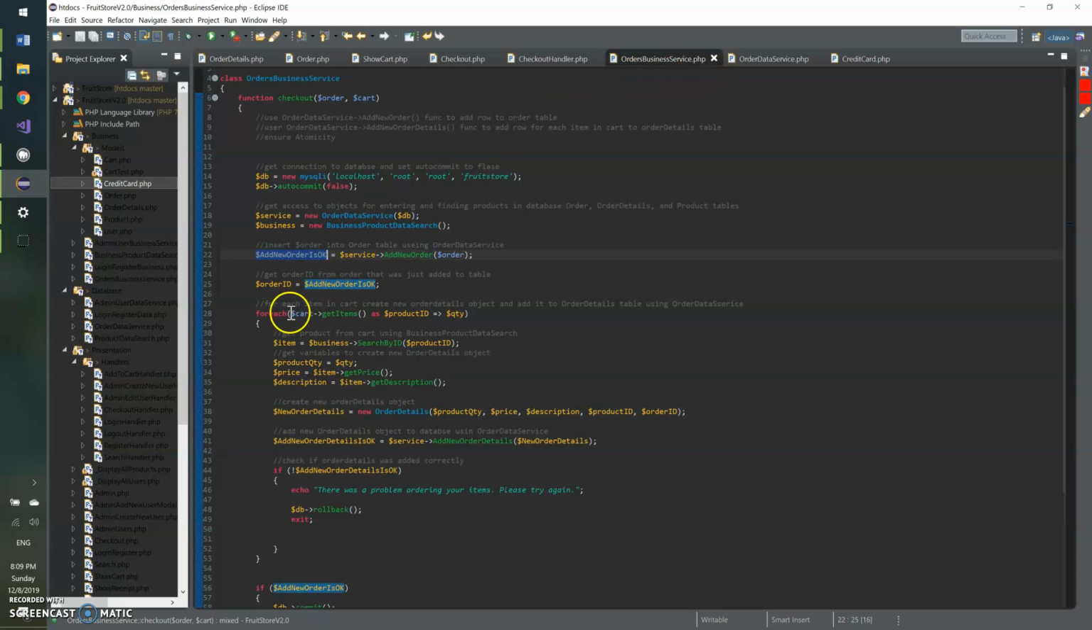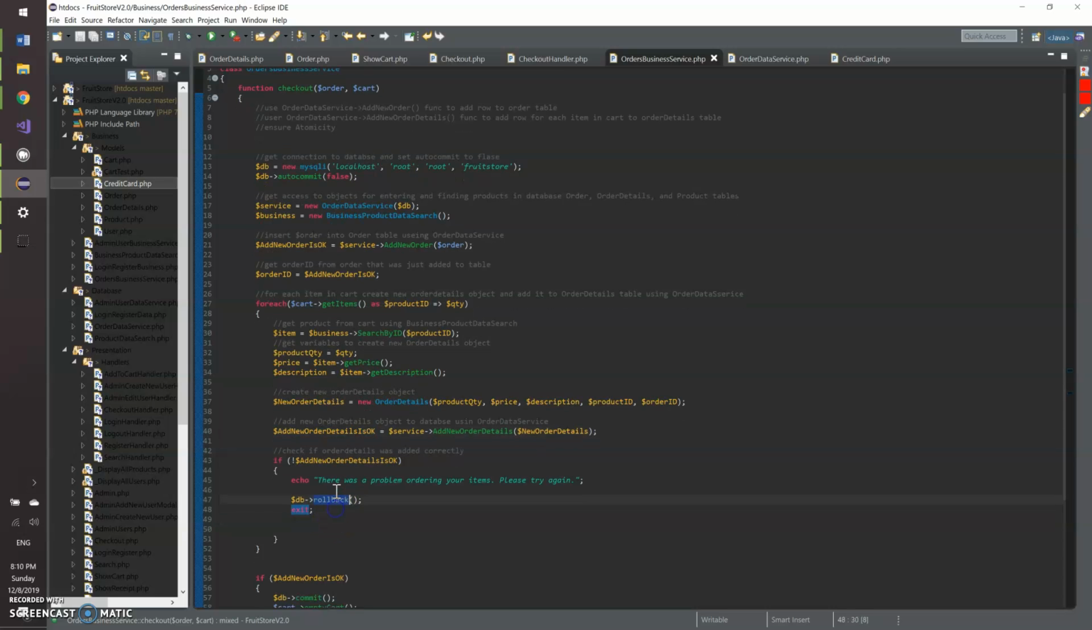And then for every item in the cart, it gets the items as a product ID and quantity, and then grabs the full item there by searching for it, and then quantity, price, description, creates a new order details object, which I just showed you, and inputs all the information, and then adds that into the order details table. That way, this order detail function right here returns either true or false depending on if it works or not. If it doesn't work, we exit the code, we can roll back, and then we